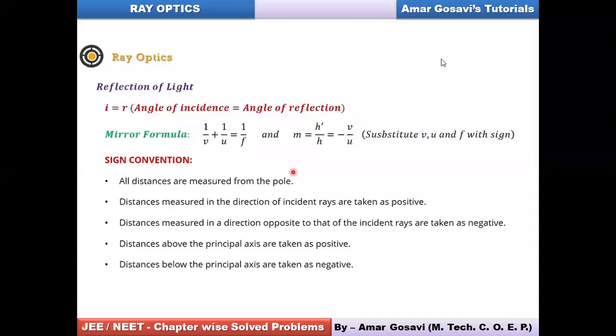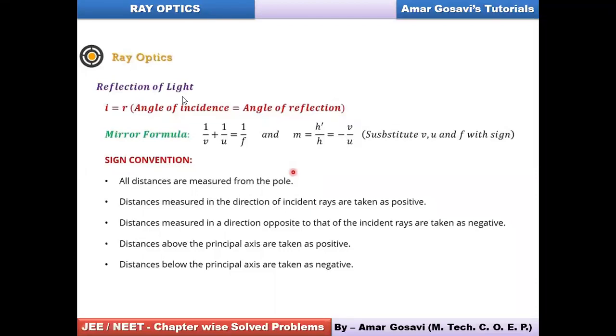Yes, friends. So the first point which I want to make over here, you can see, is the law of reflection which we are going to adopt while drawing the ray diagrams, which mentions angle of incidence is always equal to angle of reflection. The second important point which is visible on your screen is the mirror formula, which is applicable to any type of mirror. May it be concave mirror, may it be convex mirror, or may it be plane mirror at times.